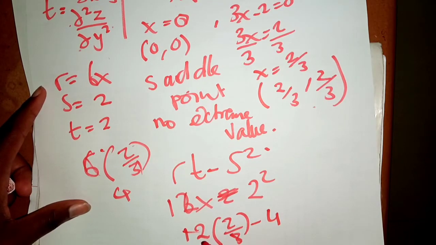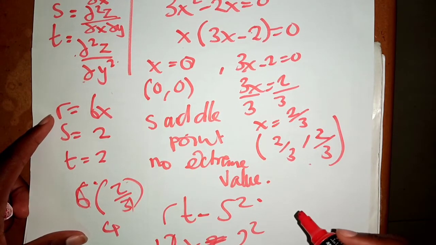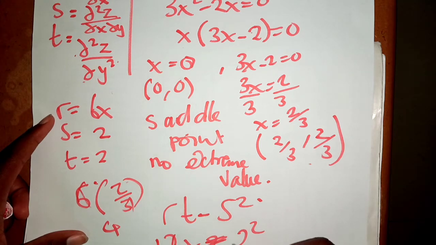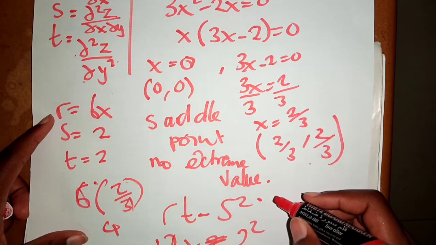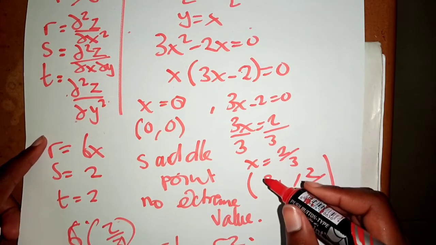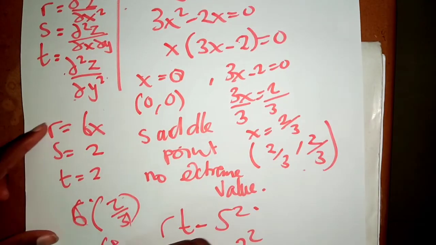So when you cancel this one, you're going to have 3 there. 3 times 4 times 2, that's 8. 8 minus 4, that's 4. So as you can conclude that this one is going to be an extreme value, but you don't know whether it's going to be minimum or maximum. And then now we're going to go back and look at the r. And then when we look at the r, this r is greater than 4. So I'm going to say, since r, the one that we found here,